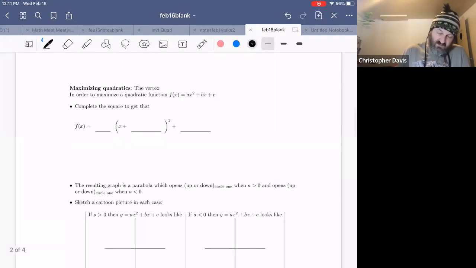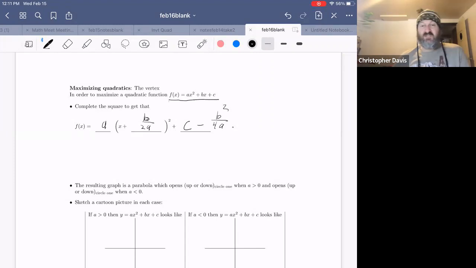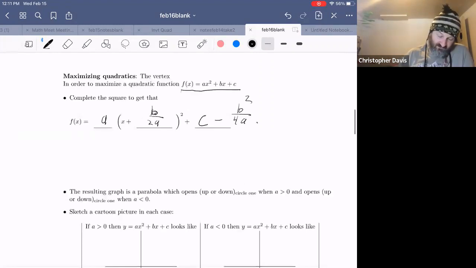It says that if you have a quadratic function, f of x equals ax squared plus bx plus c, and you complete the square, you will get the result that f of x equals a times (x plus b over 2a) squared plus c minus b squared over 4a. What does this mean? This means something about the graph. This tells us things about the graph. If you want to graph,